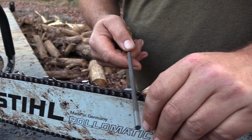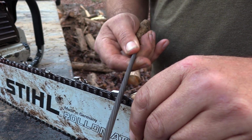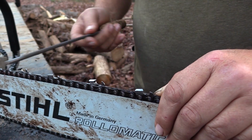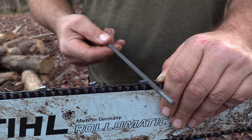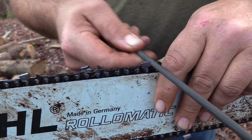You see how I got this file lined up? And now you can hear it. Listen, you can hear how that's cutting. And then in the end, you can take it all the way up. The file only cuts one way. If you pull it back that way, not only does it not sharpen, but you'll get this kind of chatter. So I like to just kind of come right here,